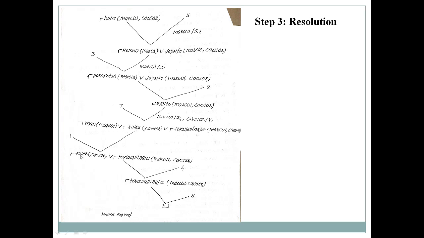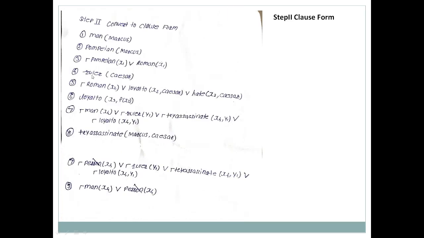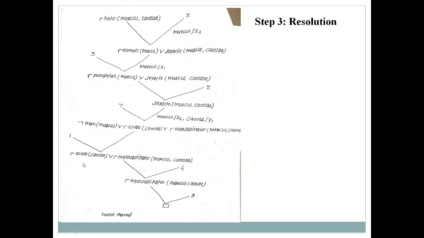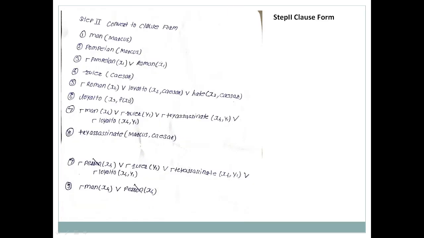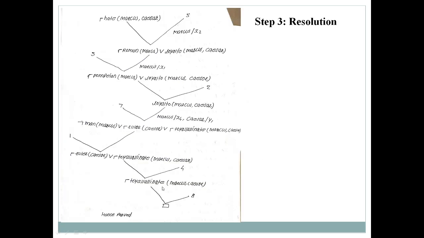Then we try to cancel this ruler. Negative ruler is there, but here positive, so we have to equate with rule 4. So this ruler gets cancelled over there, so we have left with only negation of try to assassinate. So we have to look for positive try to assassinate in the clause form. Here in statement number 8 positive try to assassinate is there, so we try to cancel it. Here also we need to replace Marcus and Caesar. You need to understand that in case of resolution, the variables x and y are replaced with their exact values, and finally all terms get cancelled, and finally we got the contradiction.